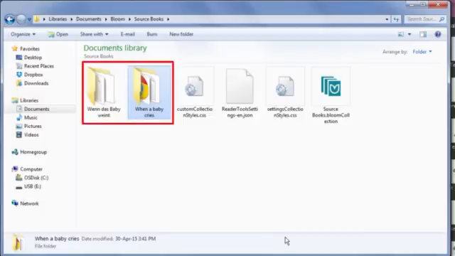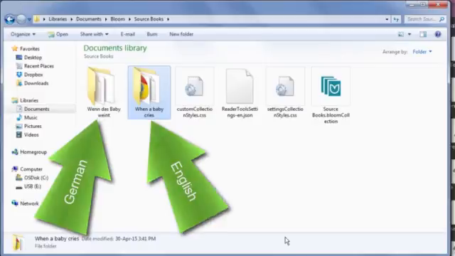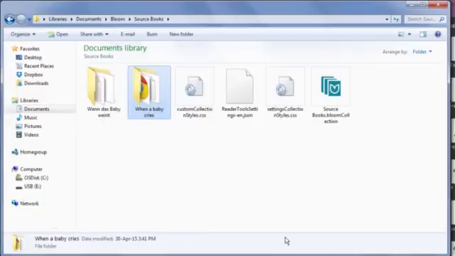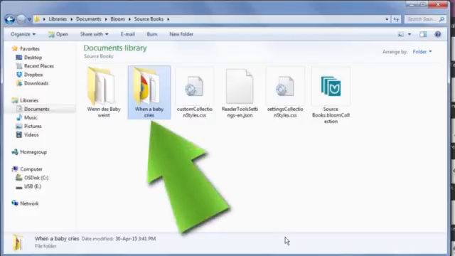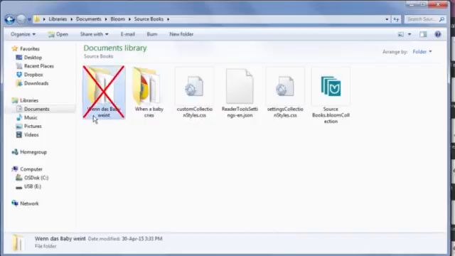Now you have 2 copies of the book in the source collection. You might be wondering why one folder name is in German while the other folder name is in English. These Bloom folders are named using the title in the language of the collection they were in. So the folder with the English title, originally from the English collection, will change back to the German title when I open this book in the source collection where German is the first language, and we'll see that later. Delete the older copy which does not contain all the languages.